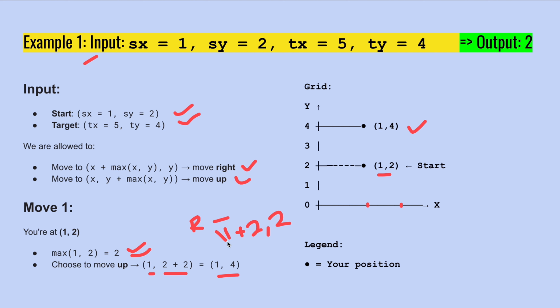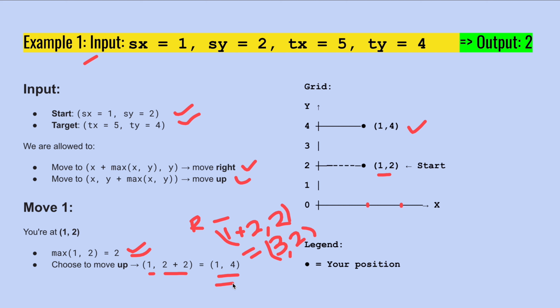So it will become 3 2. Can we say that? 3 and 2, right? So the right move will take 3 2,